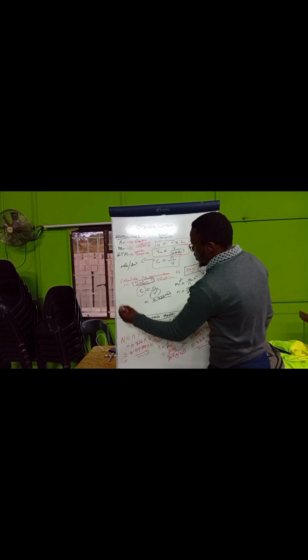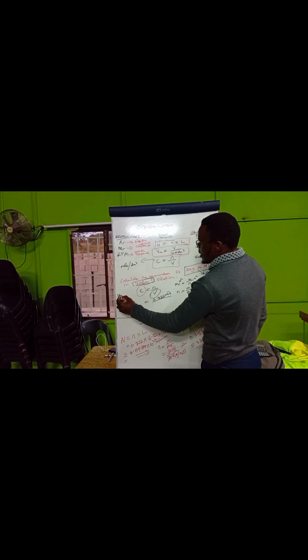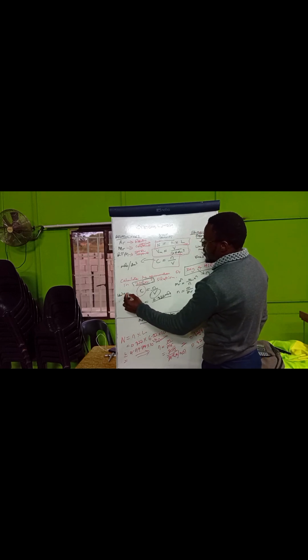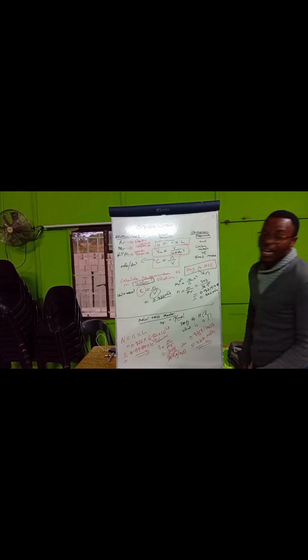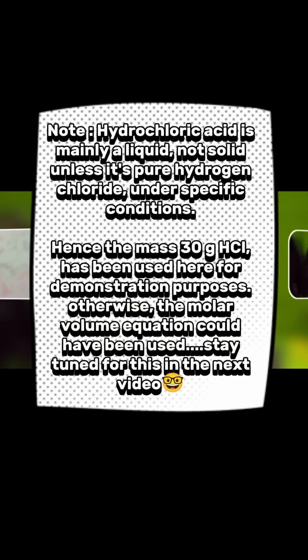The problem we have here is that we have cubic centimeters. So let's see the conversion: 1 cubic decimeter is equal to 1,000 cubic centimeters, or 1,000 milliliters. So 1 milliliter is equivalent to 1 cubic centimeter. But rather, 1,000 cubic centimeters is equivalent